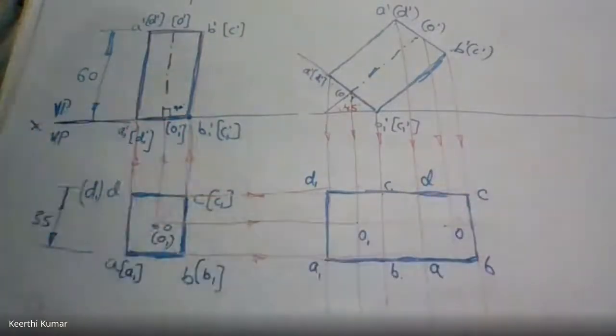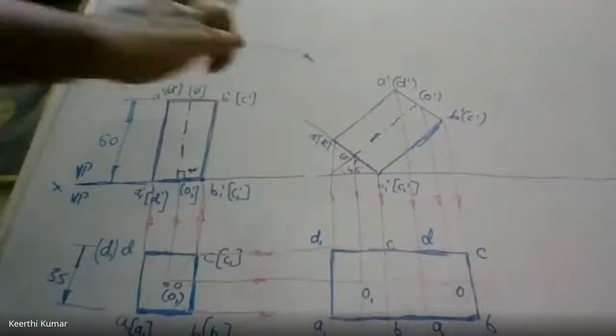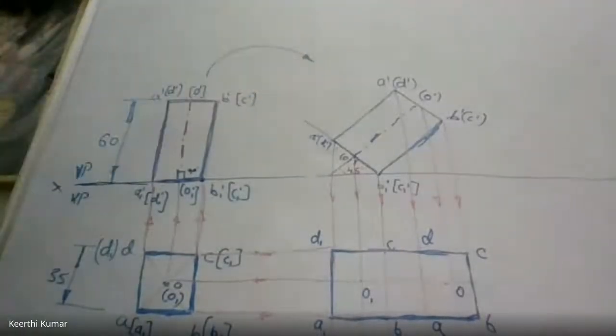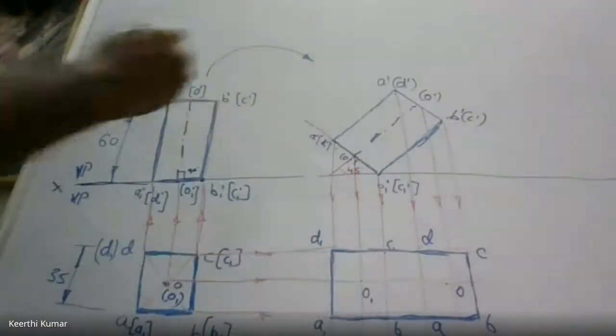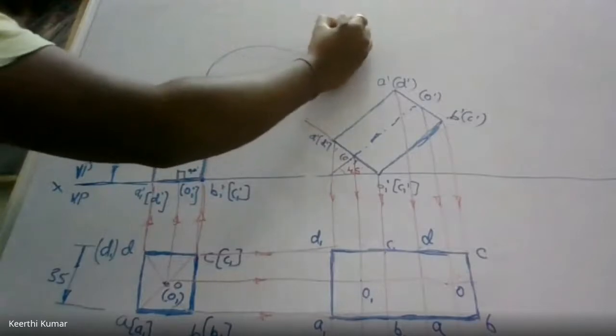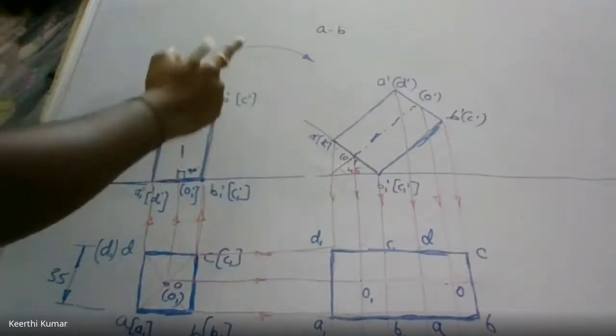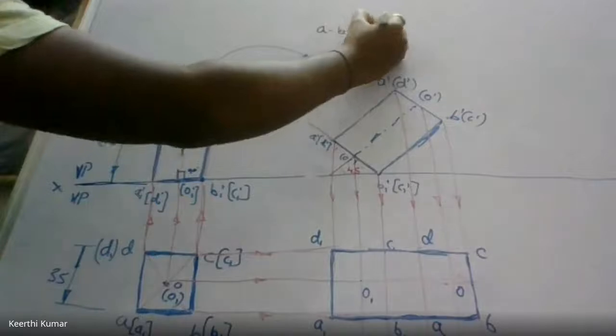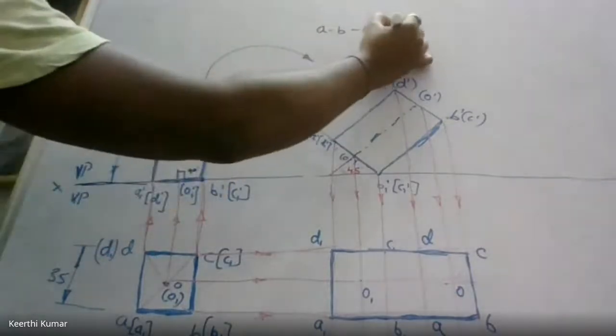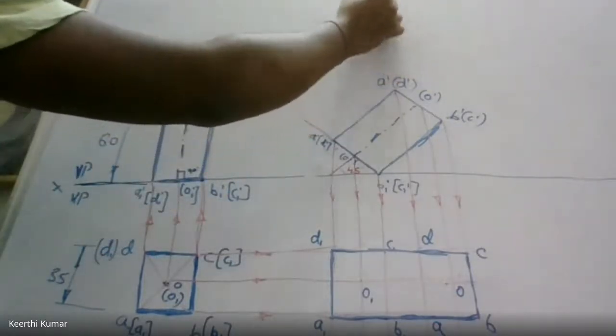See, I'll write here, at the top. Can you see if I write here? Connecting order for the prism. This is very, very important, sir. A to B, they should be connected always. If it is a prism, A to B should be connected. B to C should be connected. C to D should be connected. For square, D to A should be connected.